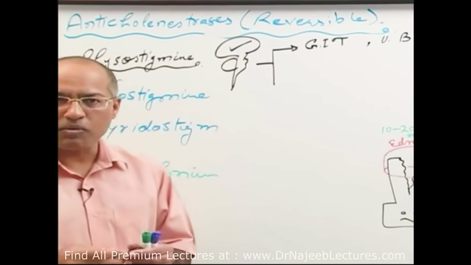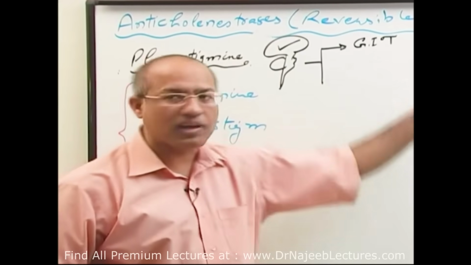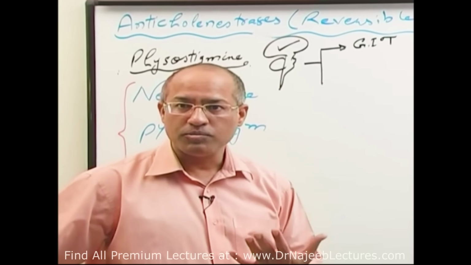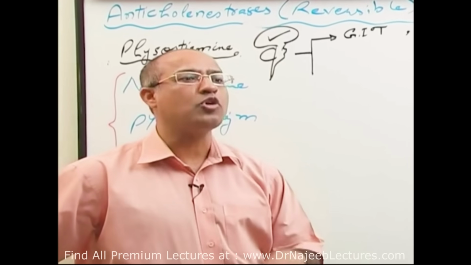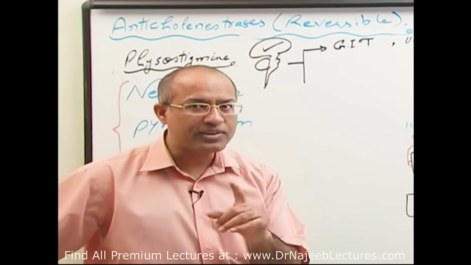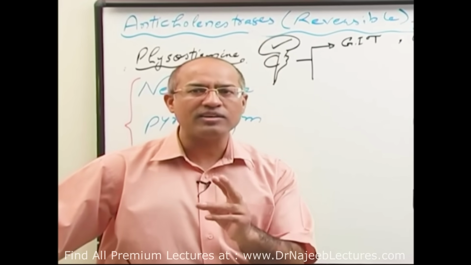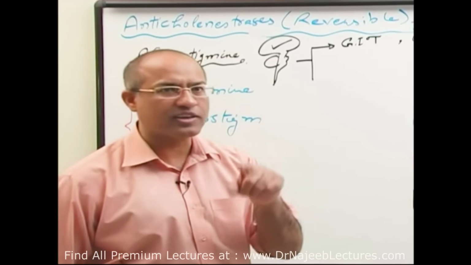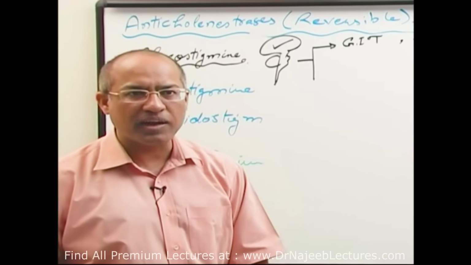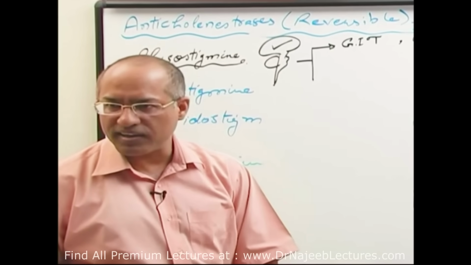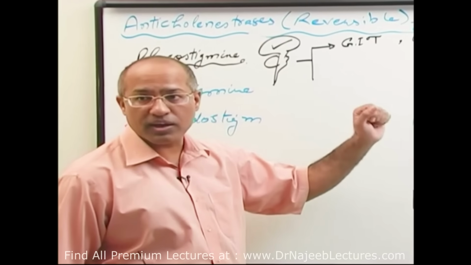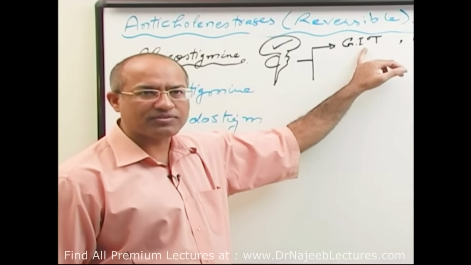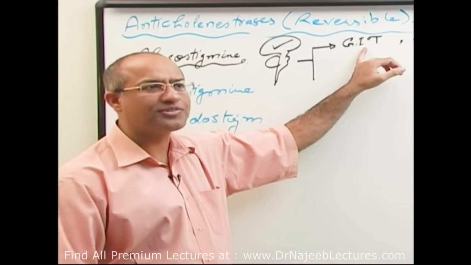You remember there was another drug which could stimulate the bowel and bladder? Methacholine, right? So physostigmine can also be used in the conditions where normally methacholine is used. The difference between physostigmine and methacholine is that methacholine is a directly acting muscarinic stimulant, right? You remember I told you methacholine could directly stimulate the muscarinic receptors on GIT and bladder, both activating the bowel and bladder. Actually, physostigmine can also stimulate the bowel and bladder. Indications are the same, as you remember, that postoperative abdominal distension due to paralysis of GIT, right?